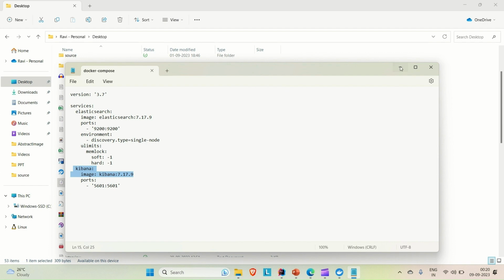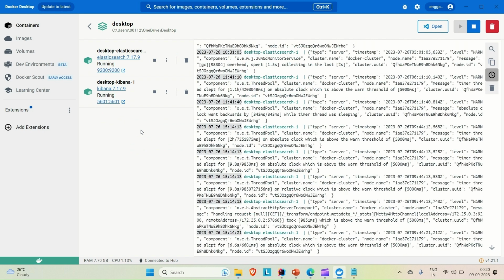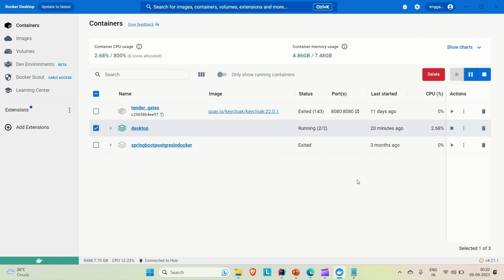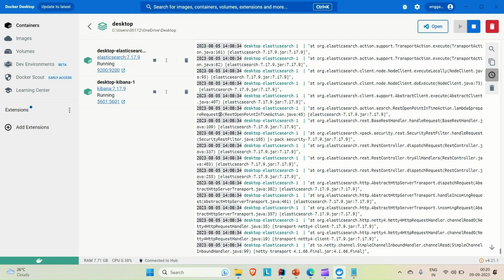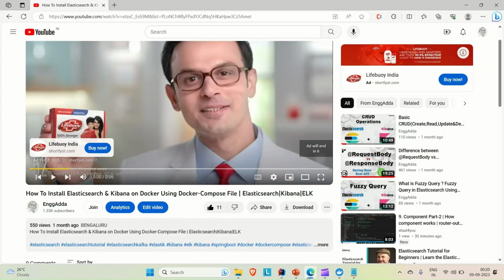So that is what we did, and that is what my container is. This container contains both of the services, or you can say this container is running the Docker Compose file. So make sure your Docker and your Elasticsearch are up and running. If you don't know how to install it on Docker, then you can go and watch that video. So my Elasticsearch is up and running on Docker, and if you go to the running process, as you can see, Elasticsearch is up and running on port number 9200 and Kibana is running on port number 5601. So let me try to access both of the things, and then I will try to show